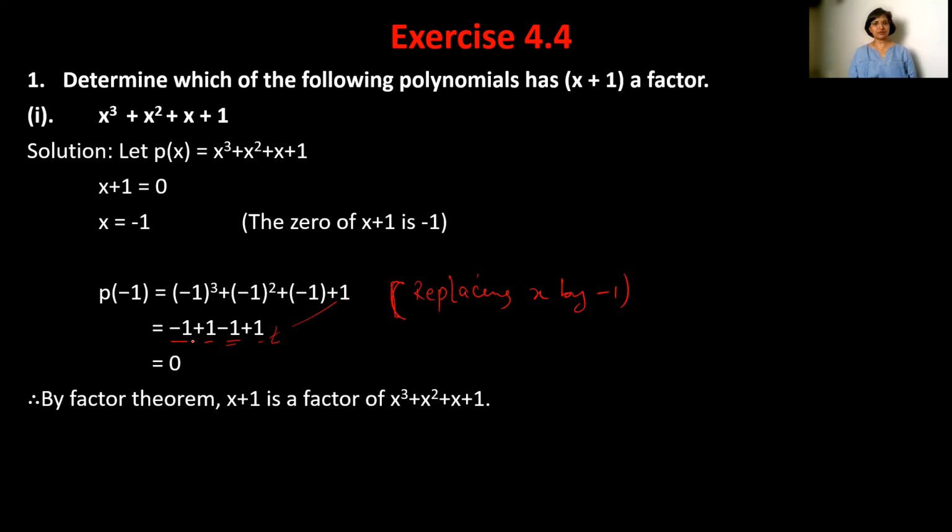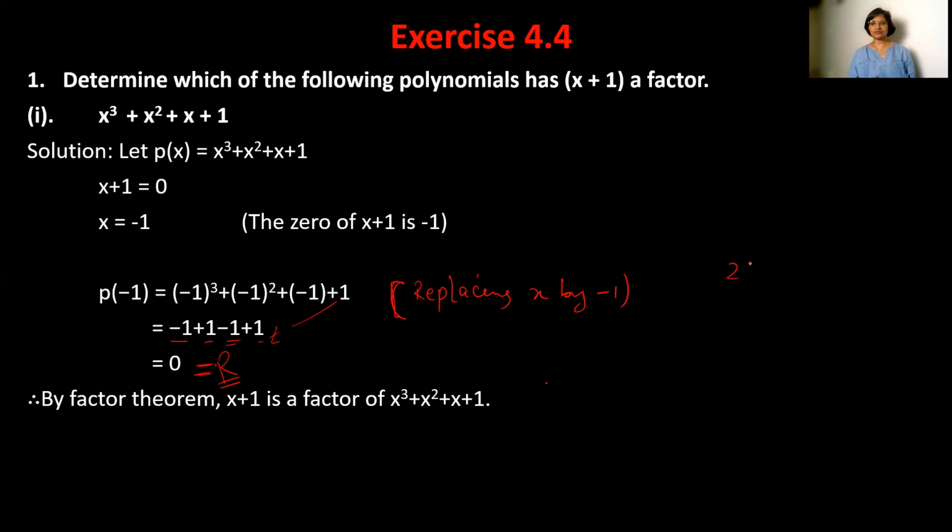So it becomes 0. Minus 1 plus 1 becomes 0. And then here minus 1 plus 1 becomes 0. So that means the remainder is 0, right? That means this is R. The remainder is 0. When the remainder comes 0, if any polynomial is dividing completely another polynomial, then the remainder will be 0.